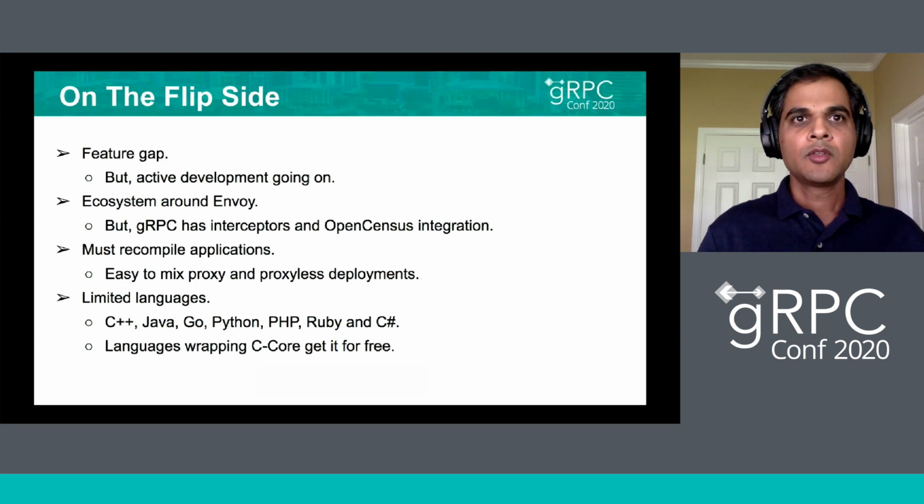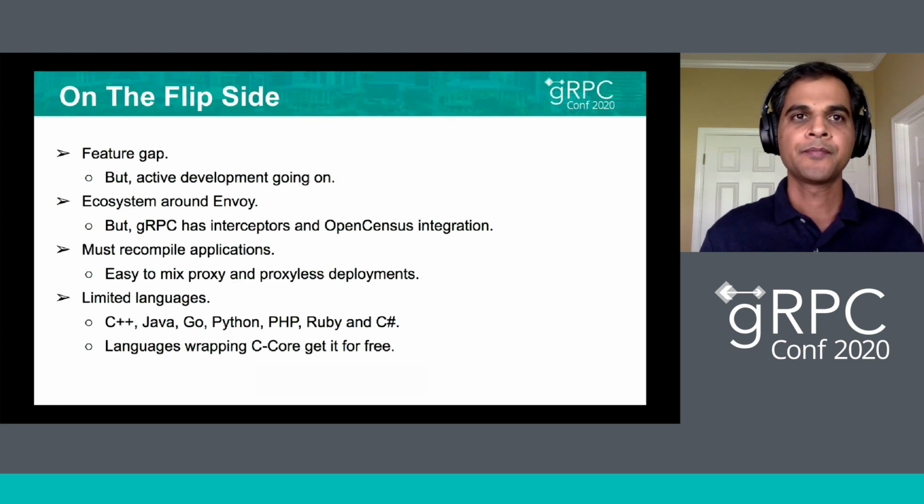So what are the downsides? Mature proxies like Envoy are very feature rich, and there is a large ecosystem of third-party filters and tools, especially in the area of observability. But we are actively working on adding more features in gRPC to close the feature gap. Note that gRPC provides extensibility with interceptors, and there is a good OpenCensus and OpenTracing integration